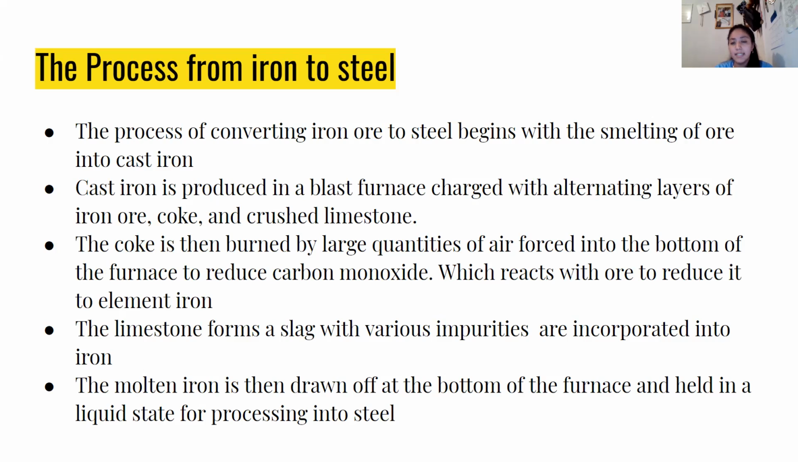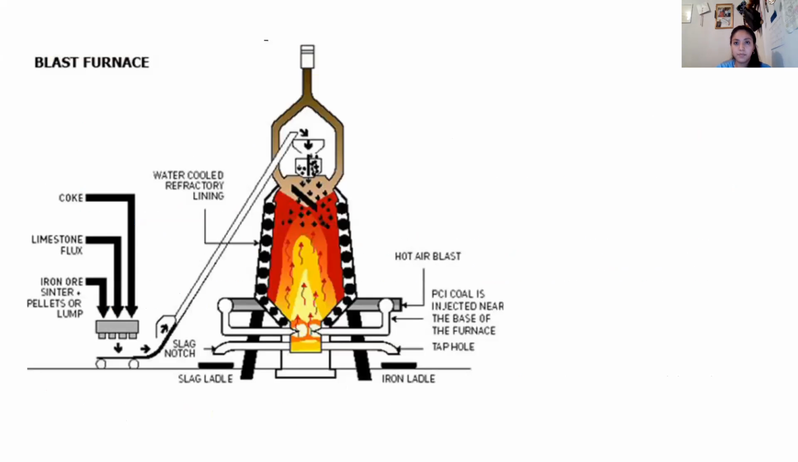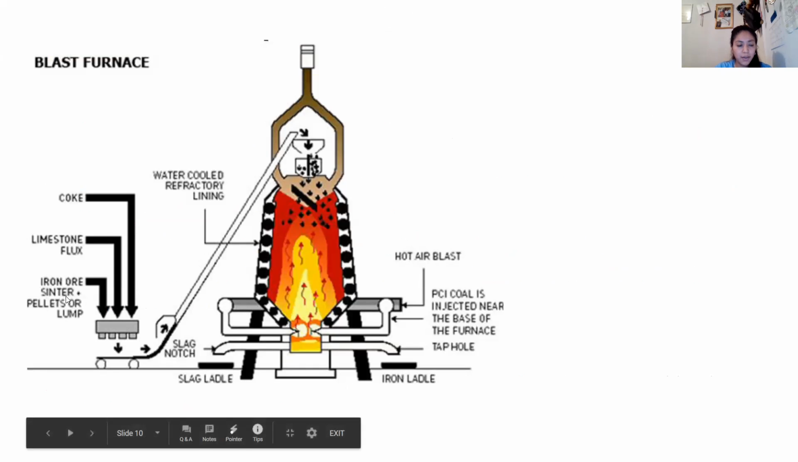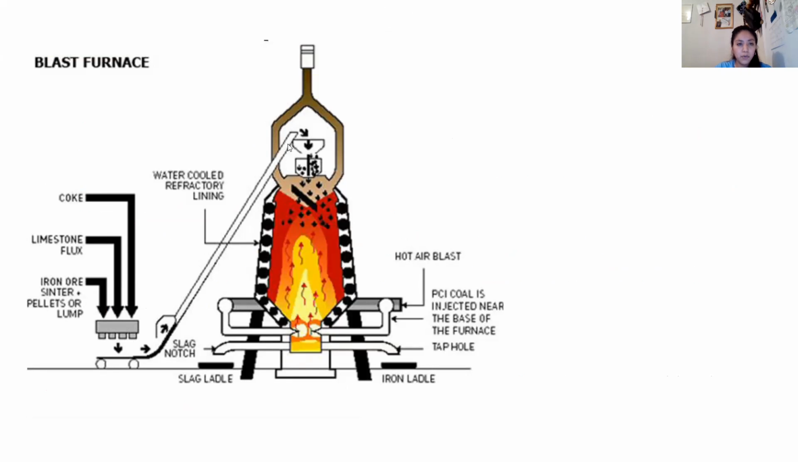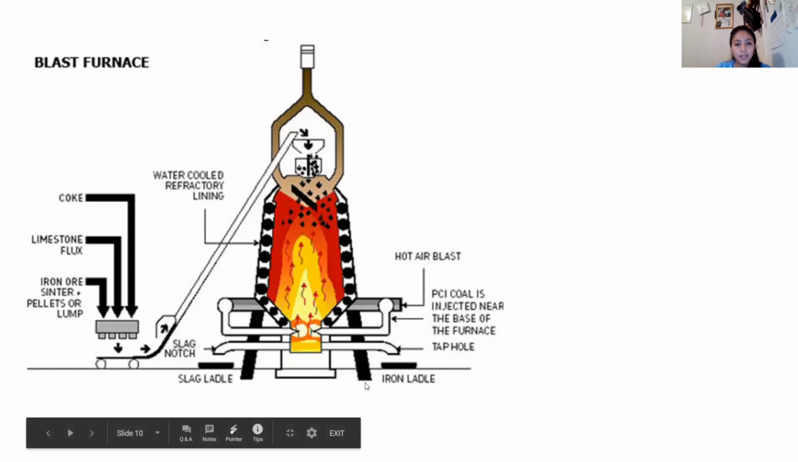The molten iron is then taken off at the bottom of the furnace and held in a liquid state to process into steel. So I already told you about this image and how this process works. The last part is how we introduce the iron ore, the limestone, and the coke through here, which later flows inside this material. After that, it's heated up, and we later get the liquid iron,